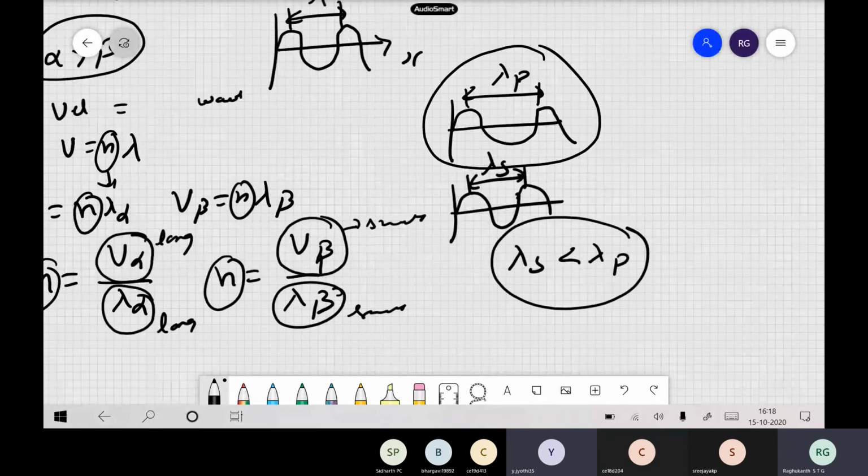For the P wave, say, I will take 1 point here, 1 point here, 1 point here, 1 point here, and 1 point. If I sample like this, what happens? Because lambda S is small, I may miss this peak itself. So the peaks of the S wave, you followed, right? I am going to miss them if I go by the P wave.